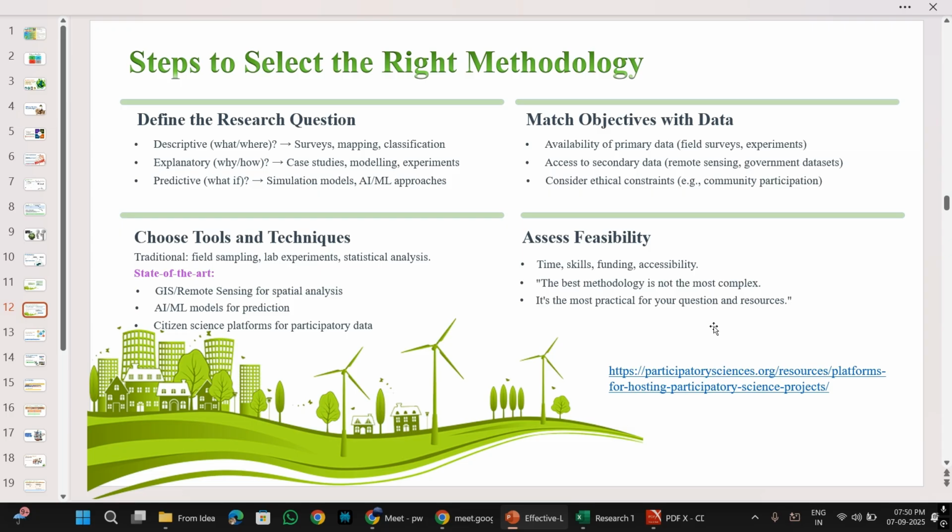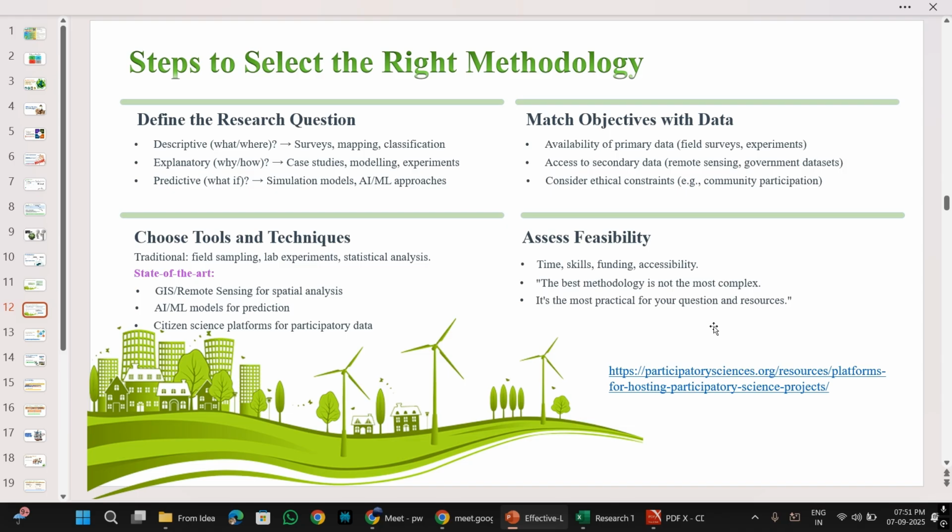So if you go here, you will be understanding as to what exactly I'm talking about when I say citizen science platforms for participatory data. And you will be able to search other platforms like eBird. Many of you all are belonging to life sciences or ecology, I see. So eBird, Atlas, and something like that. No, I might not really be aware of these things. So these are the platforms where some participatory data is available, where many people come together and generate data.